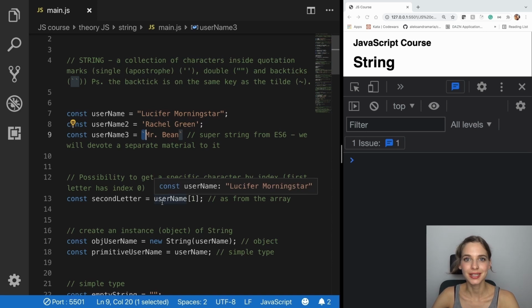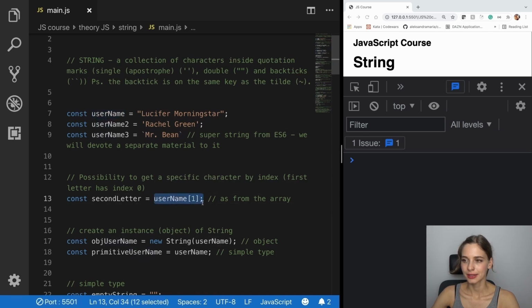So what can we do with a string? Many things. The first one I want to show you is accessing a character. This is notation that is going to be very useful in the future as well when we talk about the array, because this is me trying to access an element at index 1 of that variable. And so it's going to be very similar when we try to access or retrieve an element from an array later on. And so I'm working on the username, so I'm working on this value here, Lucifer Morningstar,